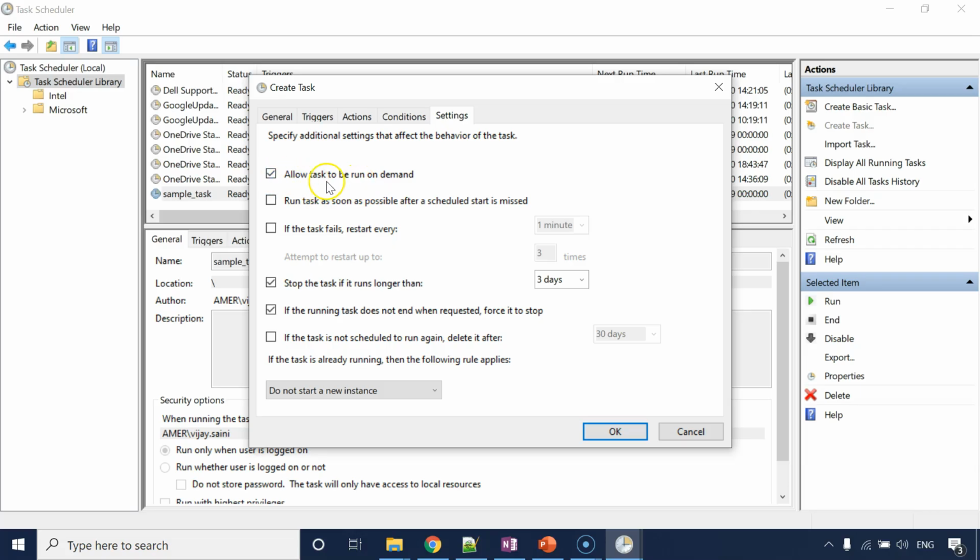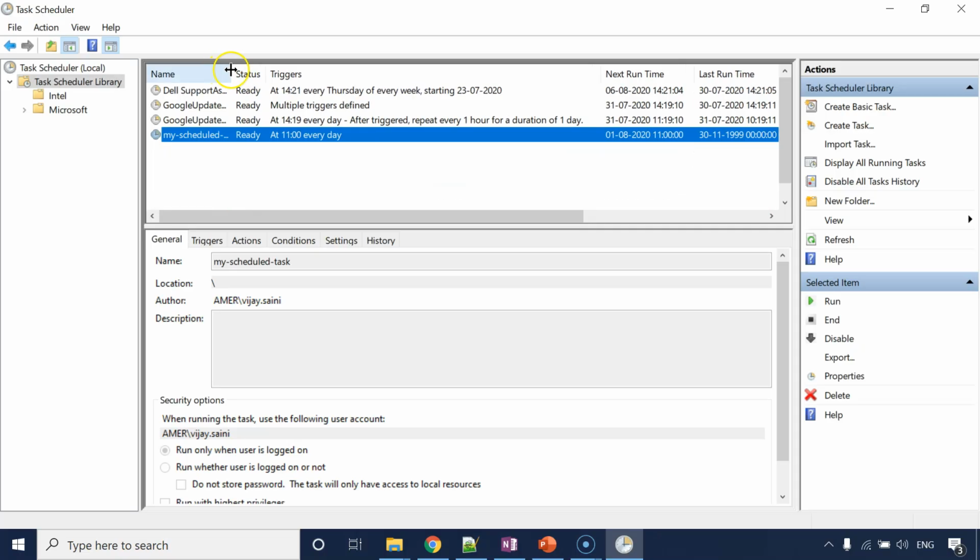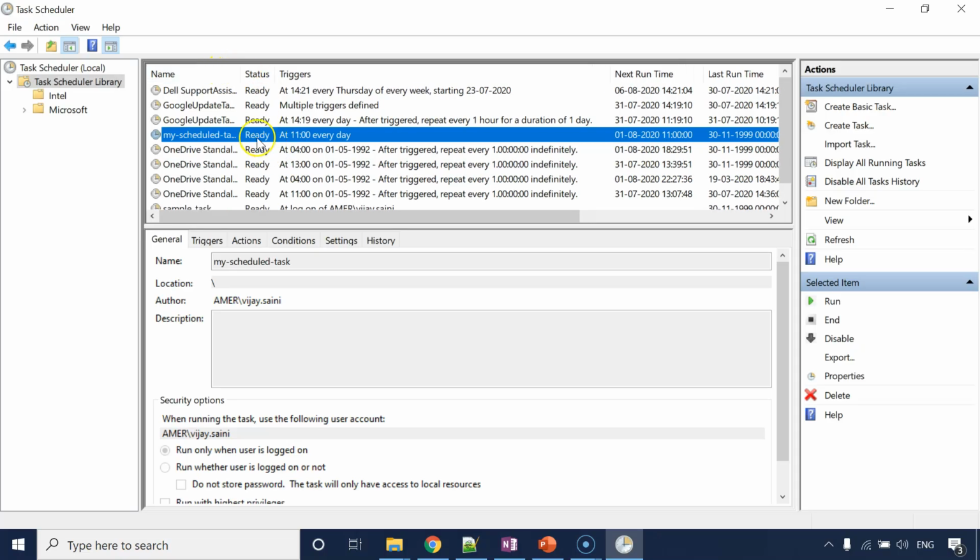So if you check this option, basically what you are doing is allowing this schedule task to be run on demand apart from the trigger which we have defined here, right? And there are some additional settings which you can choose as per your requirement, right? Let me click OK, and our schedule task is created and scheduled as per our requirement, right?